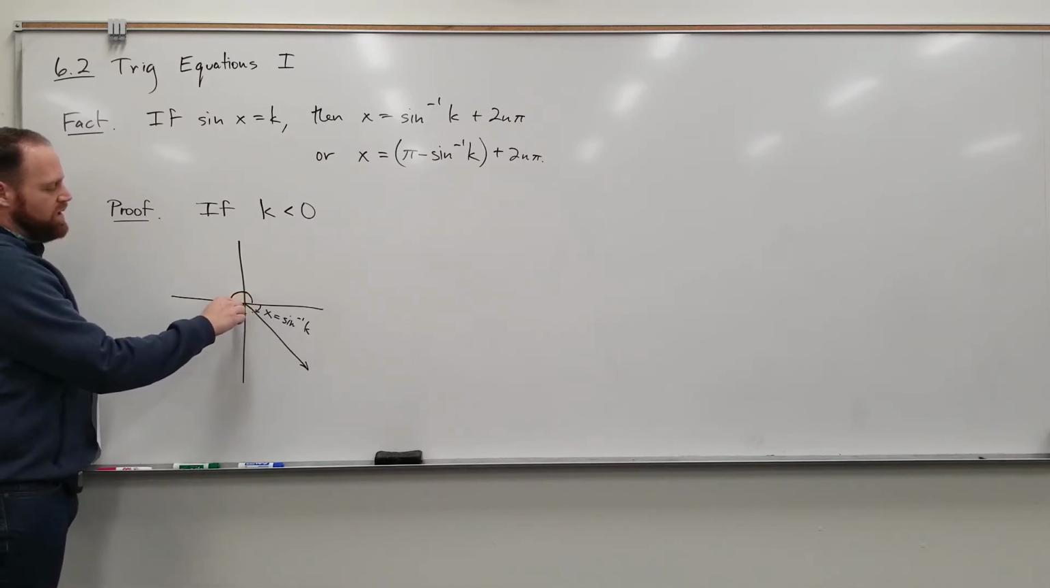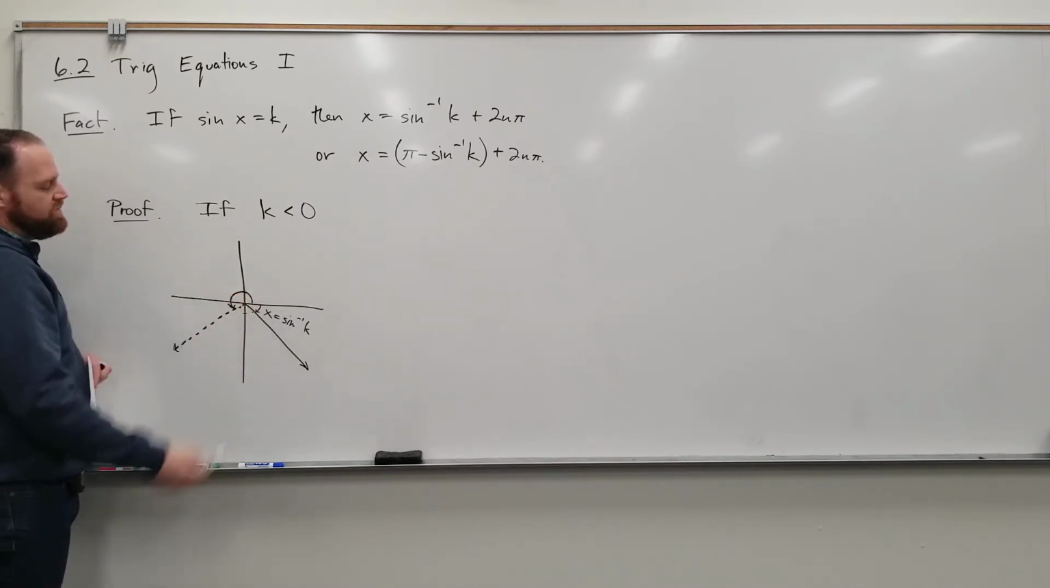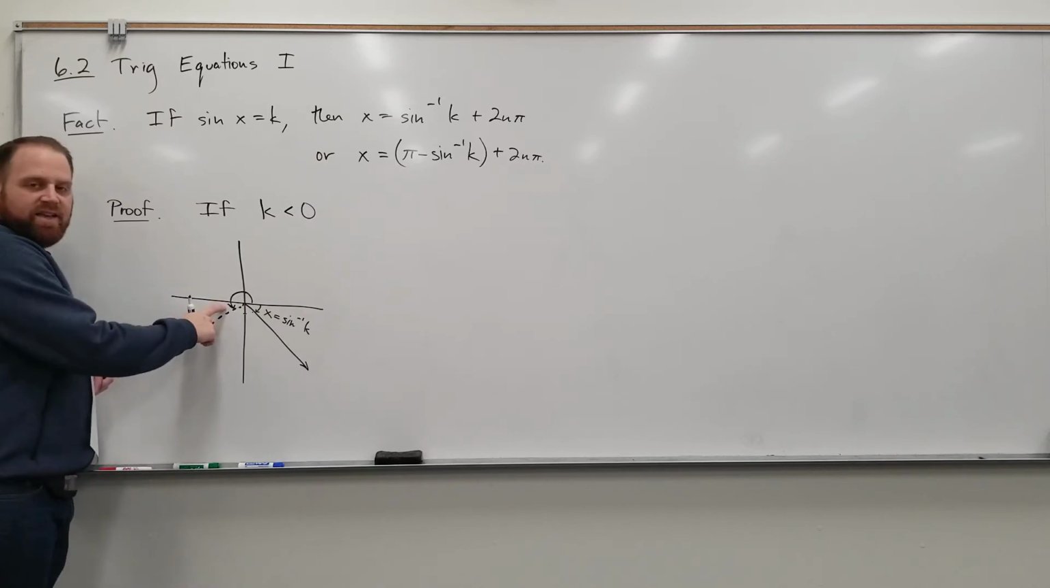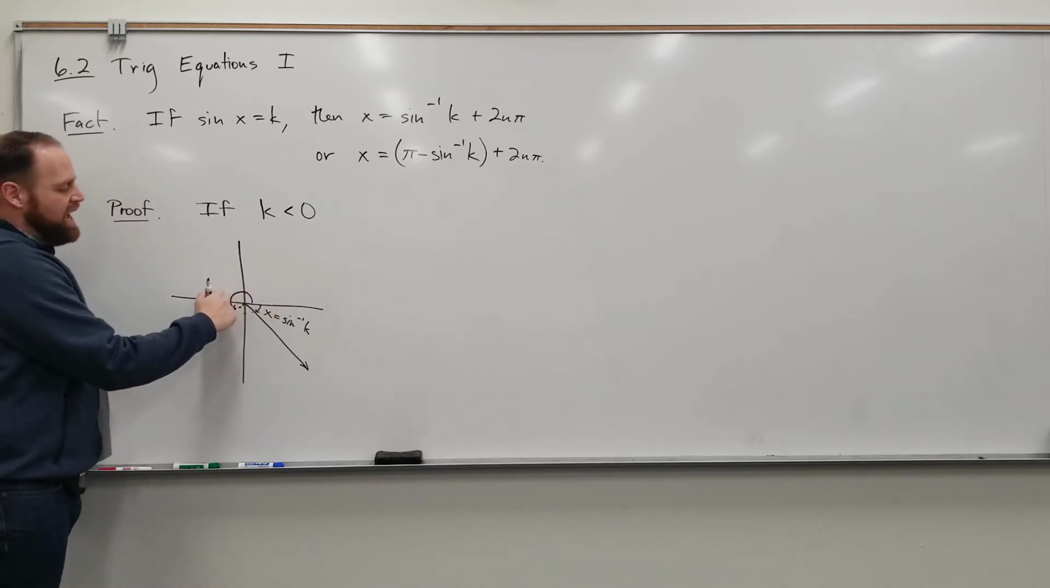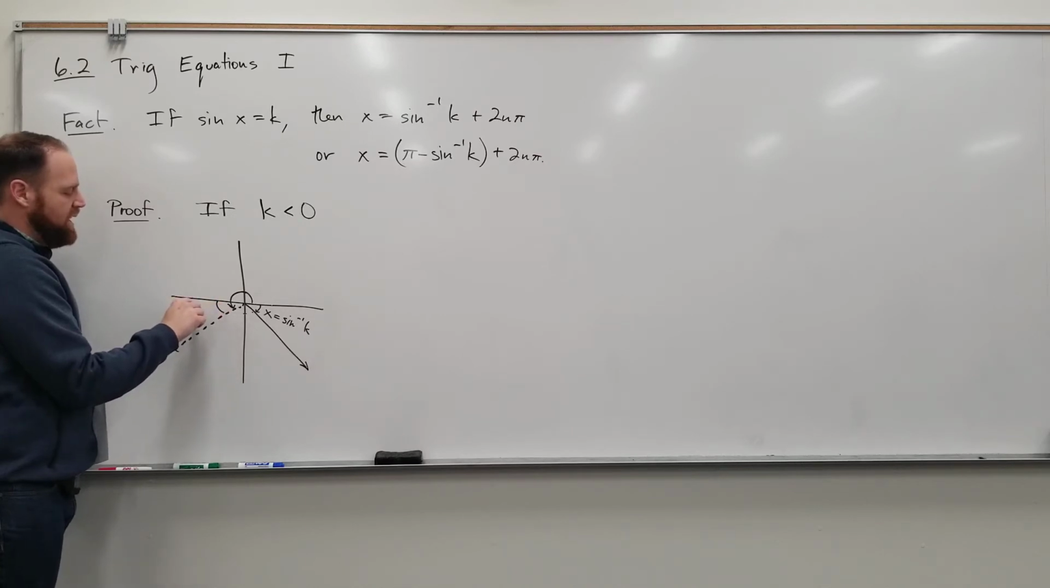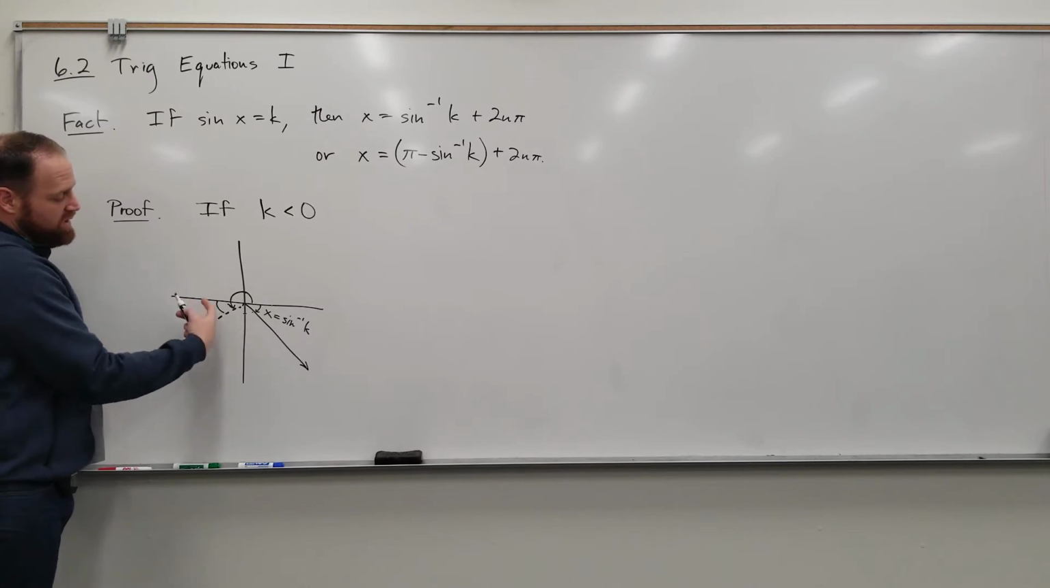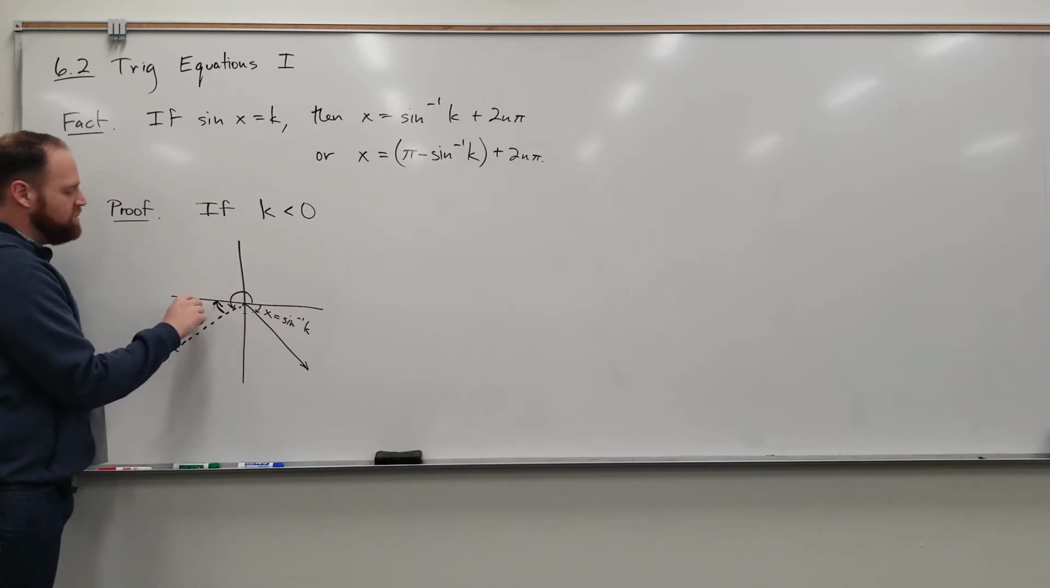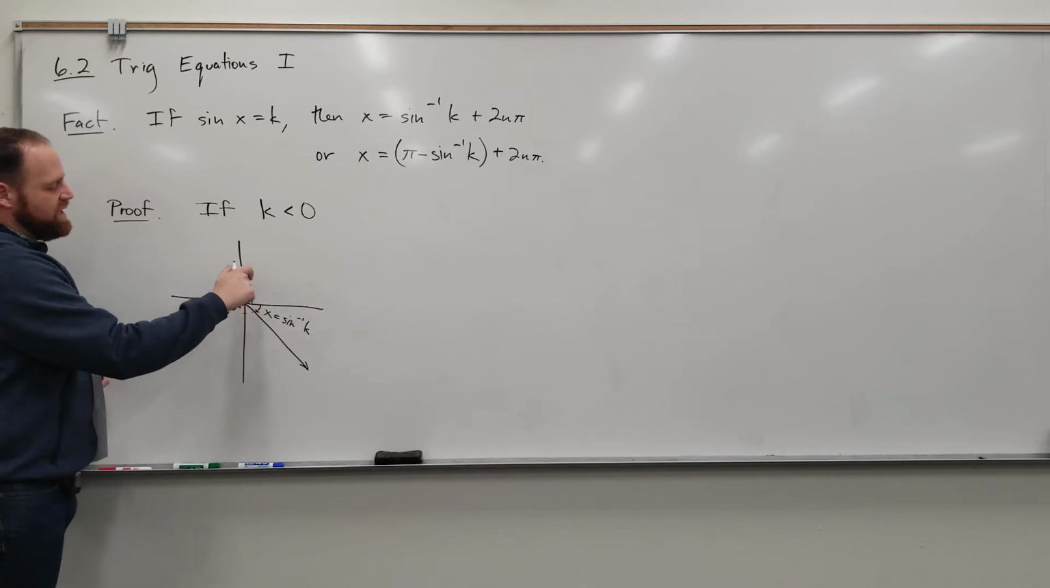So we want to describe, well, what's this angle? And this angle is also pi minus, so the reference angle here is still sine inverse k. Only it's going in the negative direction, right? So the reference angle going in the negative direction would be sine inverse of k. And that means this angle,